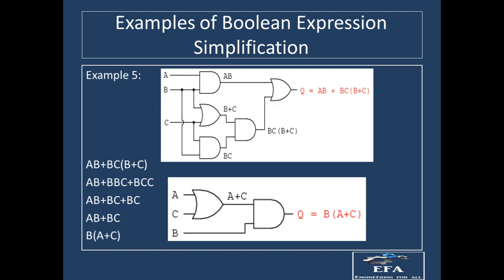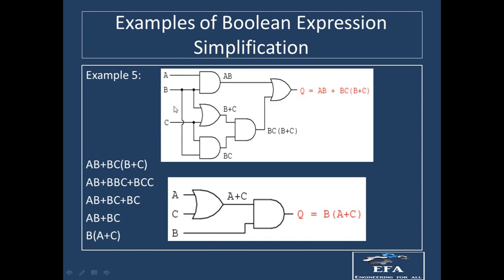And you need to first of all judge what the output can be, right? So after guessing the output, you need to simplify it and then redraw the circuit, right? So you can see over here that suppose this circuit is given in your examination, and you need to first of all find what the output can be. So A, B and C are given over here.